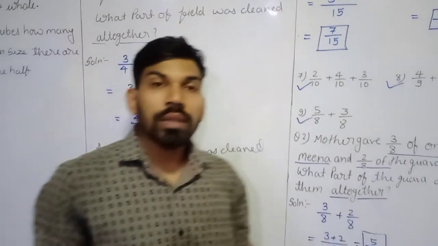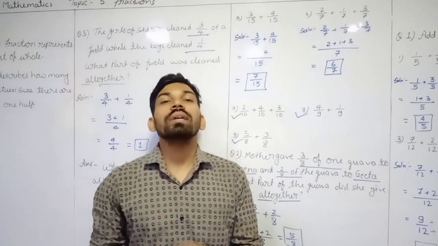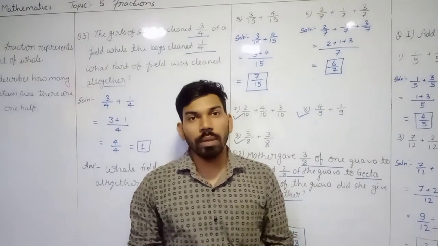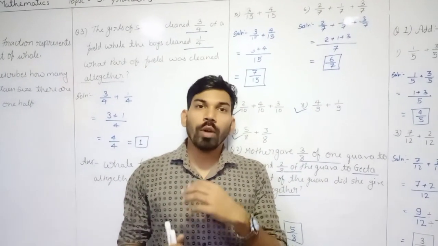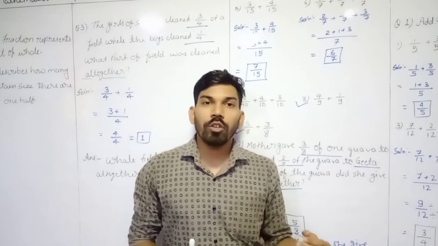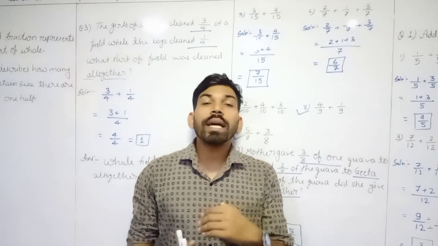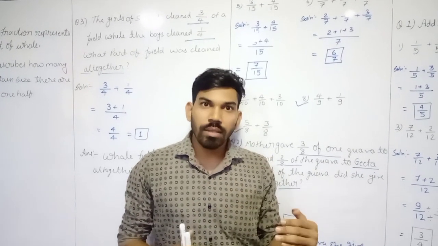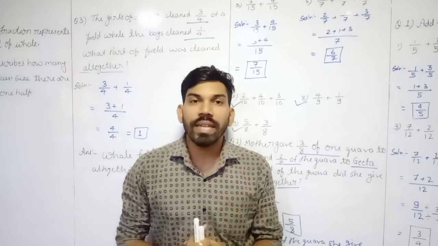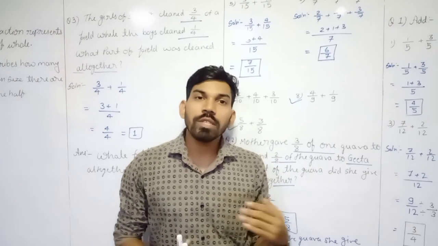So this way we learned how to do the addition of like fractions, whether numerical or word problems. We have to add the numerators first, write the denominator commonly, and find the answer. If there is any possibility to do cancellation, we have to do it. In the second case, if the numerator and denominator are the same, the answer will be 1. These things we learned today.